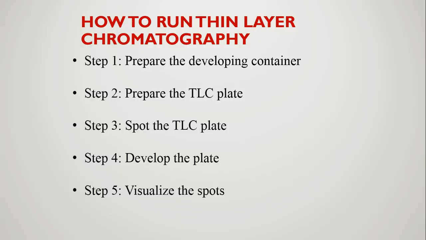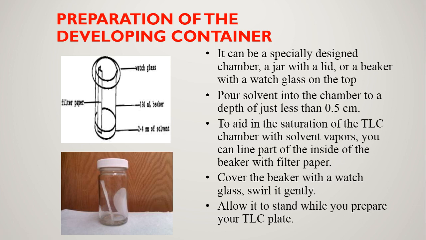So, this is the experimental of this thin layer chromatography technique, where we first develop a developing container where the actual experiments runs. In step 2 we prepare TLC plates. In step 3 we make spots on these TLC plates. Then we do development or separation of these plates inside these developing container or developing chamber. Then at last, when the experiment completed, then we visualize our sample component spot on these TLC plates.